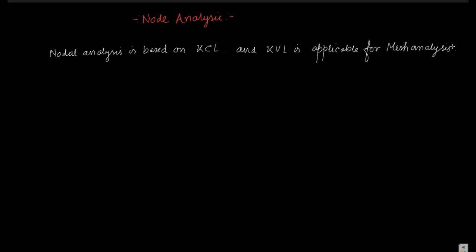Okay, so how can we apply this nodal analysis to a circuit? So let's take an example. As the name refers, it is KCL, Kirchhoff's current law. It means that we have to write the current equation in a circuit. In the previous one, in KVL, we were finding the voltage equation. That's why it is named Kirchhoff's voltage law. So take an example. If this is a circuit